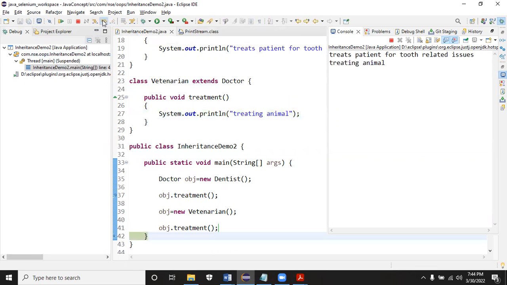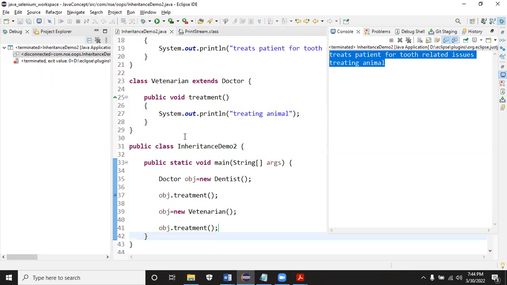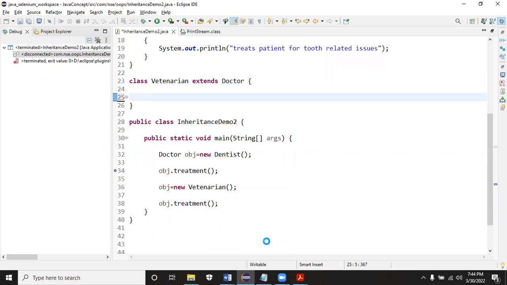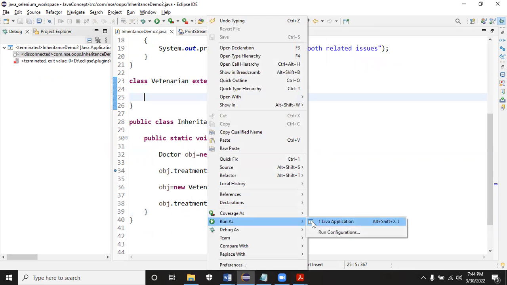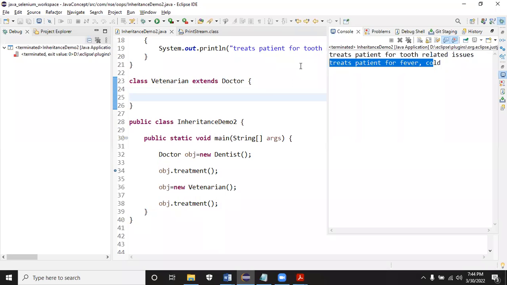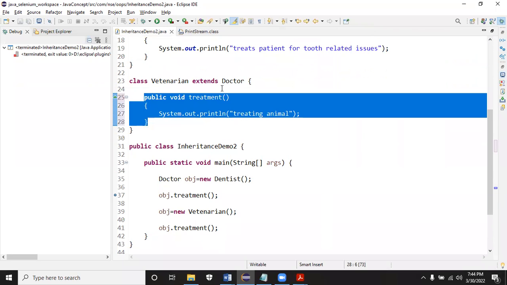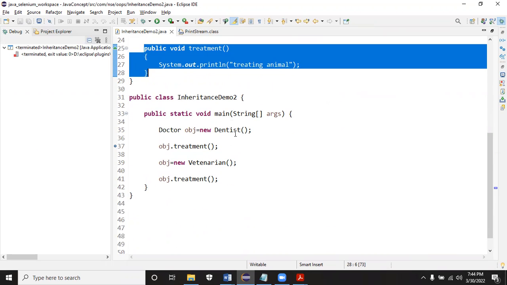The overridden method is called. Suppose the method is not overridden, you see the output: it will take the method from the parent class. If you want to give a new definition, you can override it and do it. If you do that, it's called dynamic polymorphism or runtime polymorphism or the method overriding concept. In Java, if you do method overriding, it's basically termed runtime polymorphism. In most languages, the concept will be the same. Depending on the scenario, you will keep on changing.